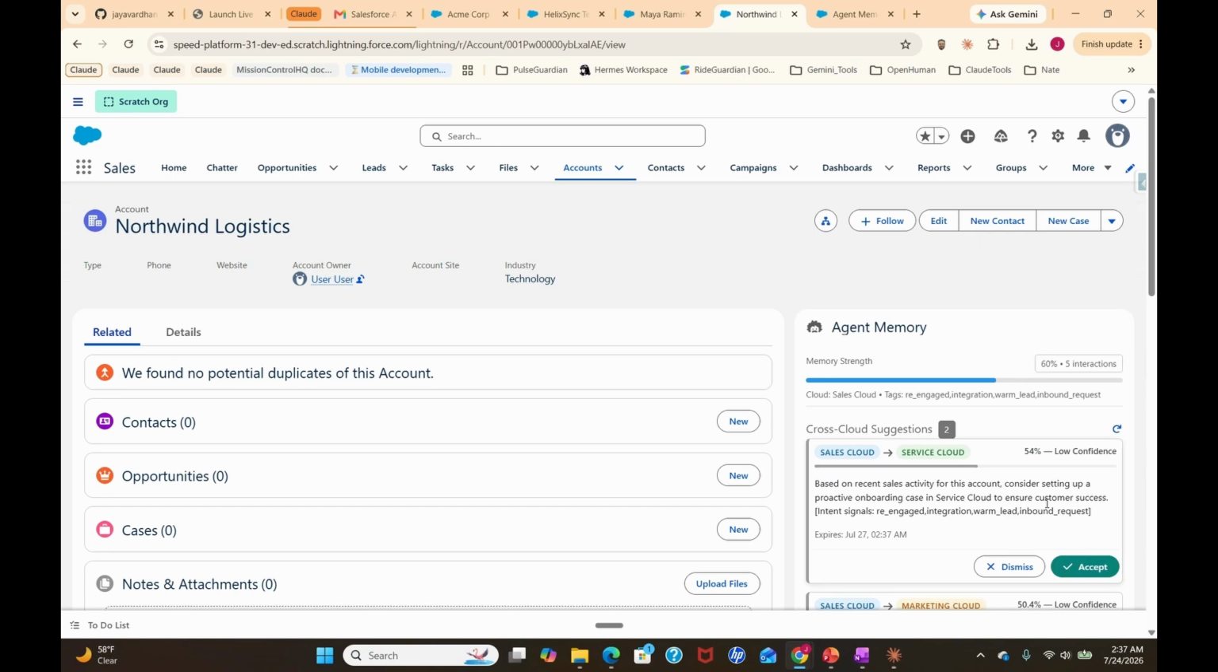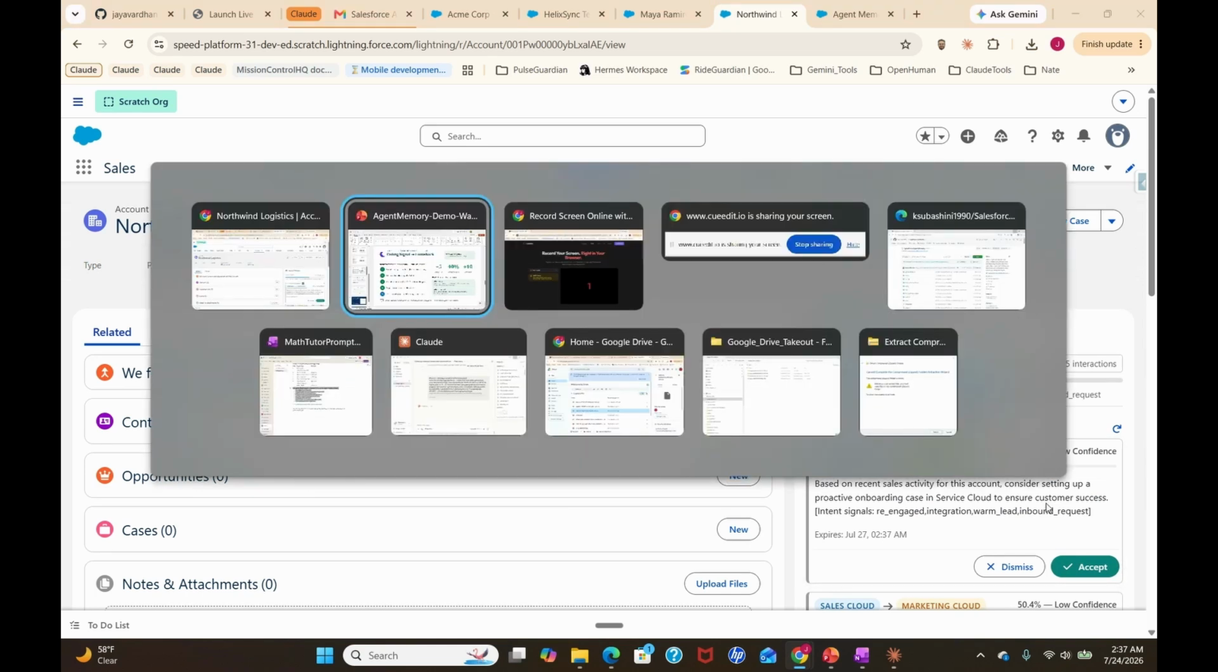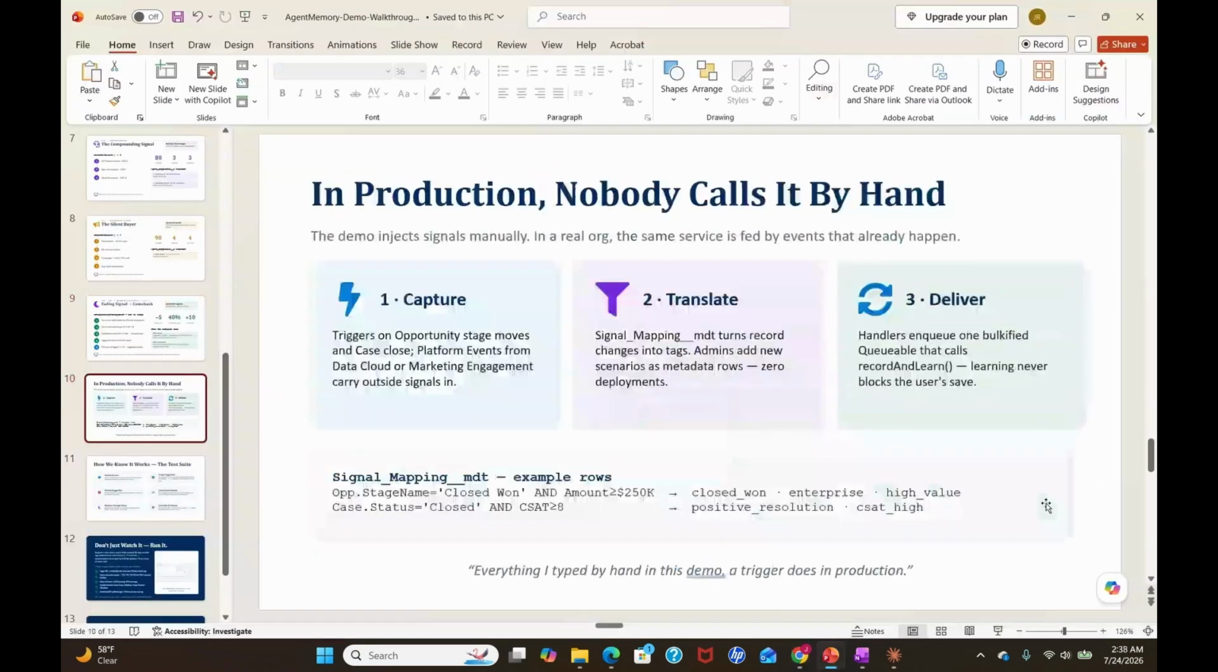So forgetting isn't a deletion. It's just a healthy skepticism. Stale ideas fade, but the moment a customer shows up again, the system remembers it cared. So this brings us to the fourth and the fifth scenario. So now let's go to